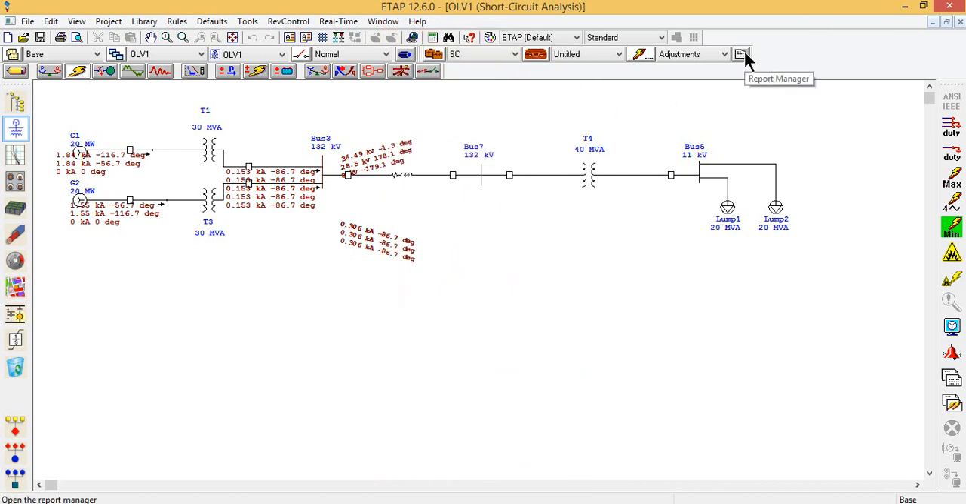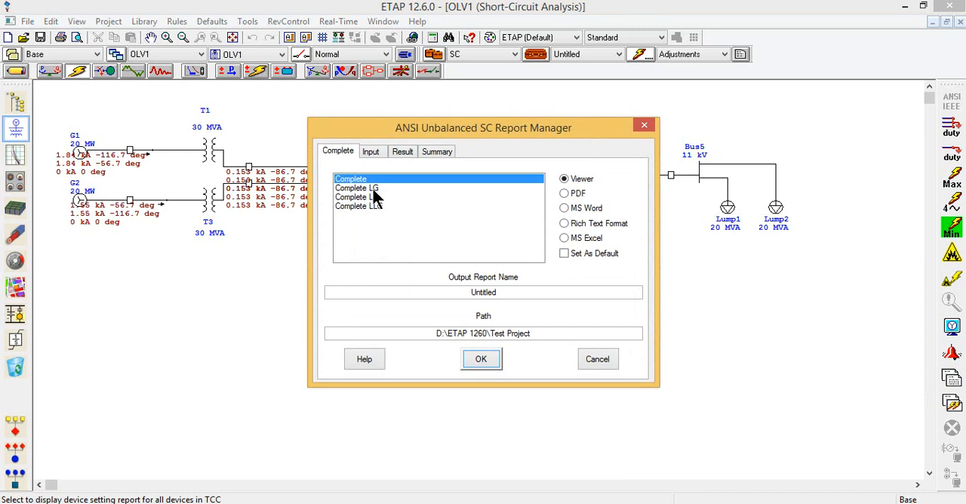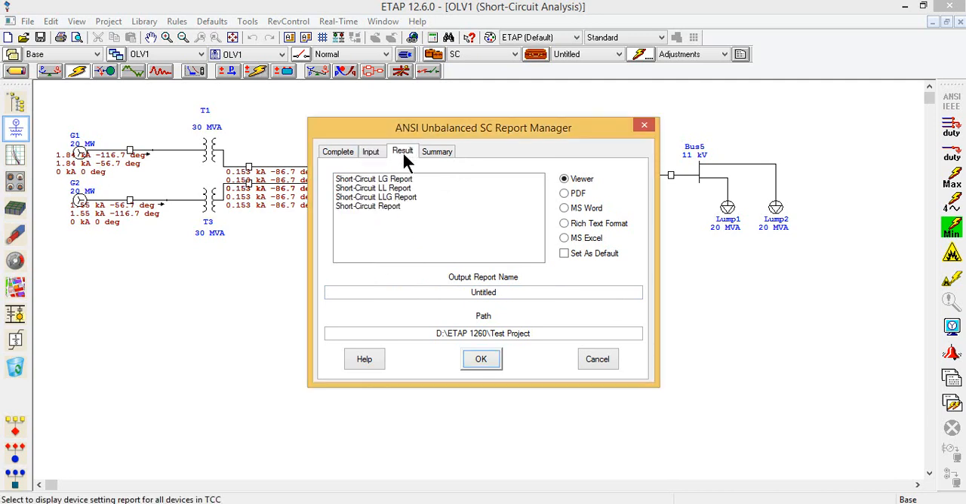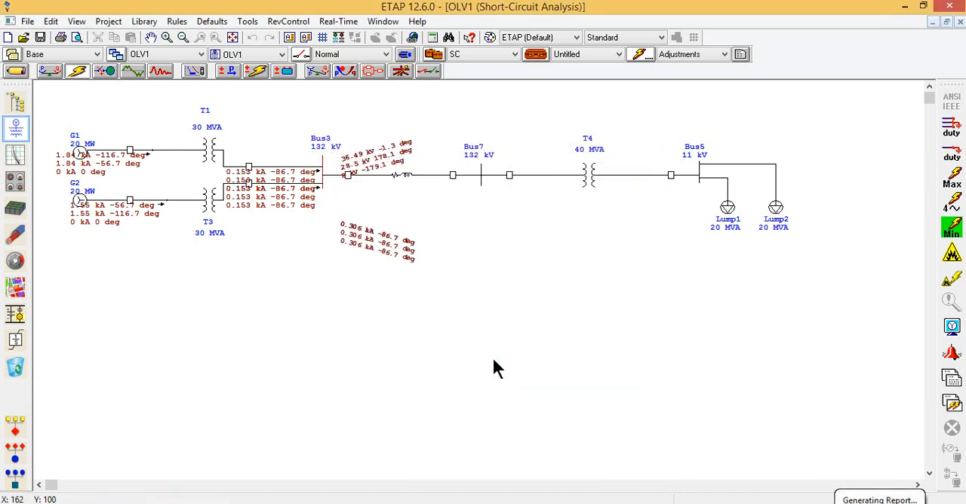We can also have a short circuit report from this point, like the report manager, and we need to have a complete, let's say, complete line to ground fault report, where the input is the branches for which we want to see the values, individual contributions. The result we want, at the moment, is a short circuit line to ground report, and here we can select different formats for the output, like we can select it as PDF, Word, Excel, or any format. So when I generate this report,